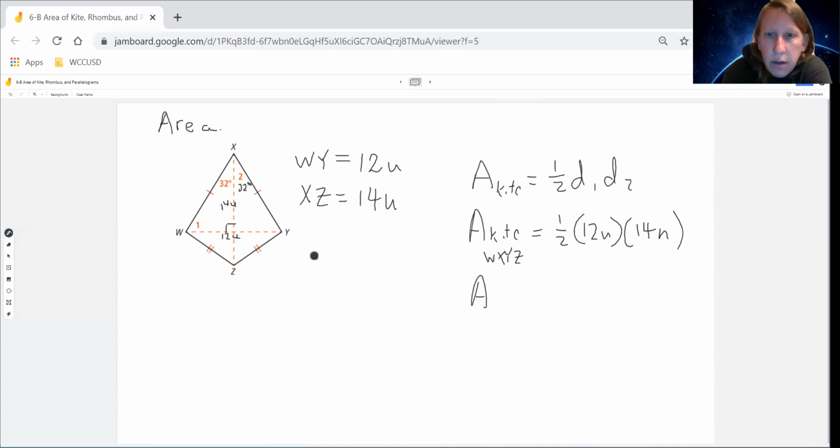So the area of kite WXYZ is half of 12, which is 6, and 6 times 14 is